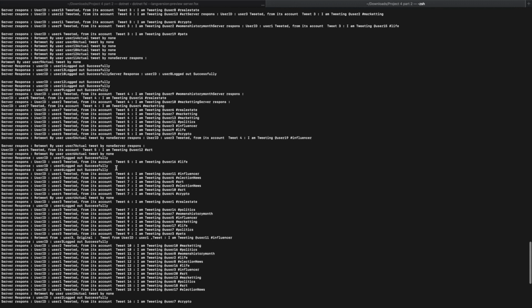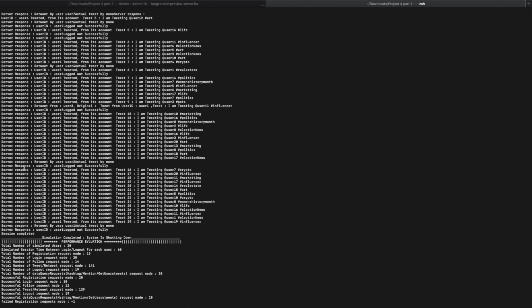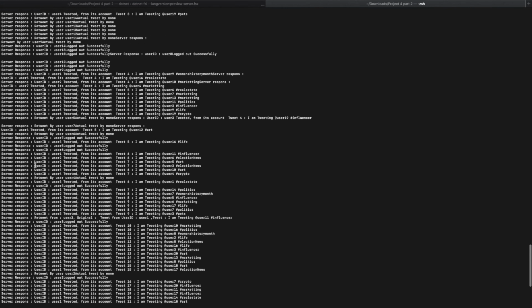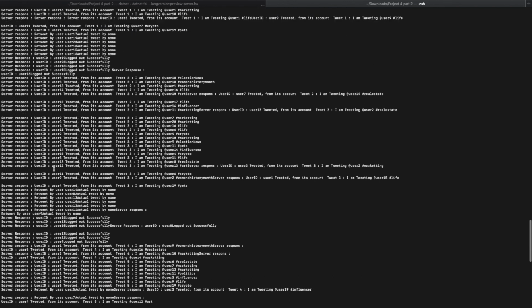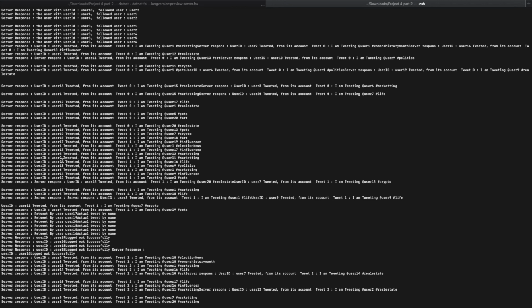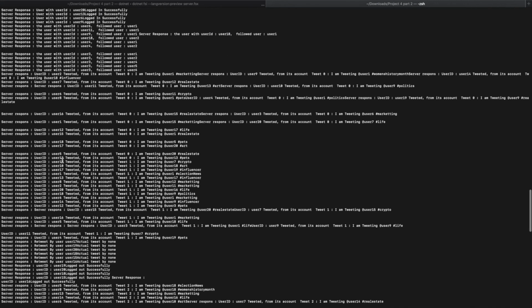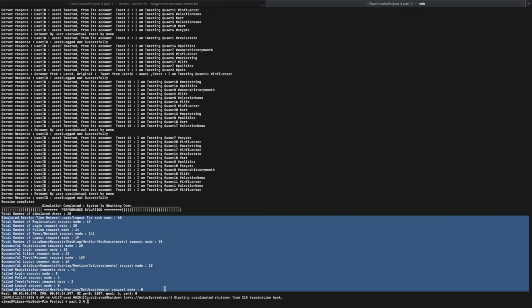Currently users are tweeting, and simultaneously retweets also happen. As you can see, there's one particular retweet present here. The frequency of retweets is random, because not all tweets are retweeted. Only the user actor randomly selects whether to retweet or not from its feed. Finally the operation completed. You can see the sessions end, so users have logged out, and here are the evaluation statistics.